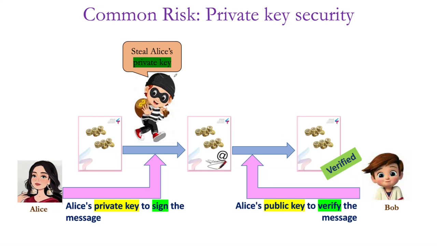So this is another common risk in the blockchain, because the private key is basically used for signing the messages. When you are going to create a new block, you are going to use the previous block hash to create a new block. So previous hash and previous nonce are used to create a new block. In the hashing algorithm, you are going for the digital signature verification in proof of work or proof of stake. So that is another difficulty.